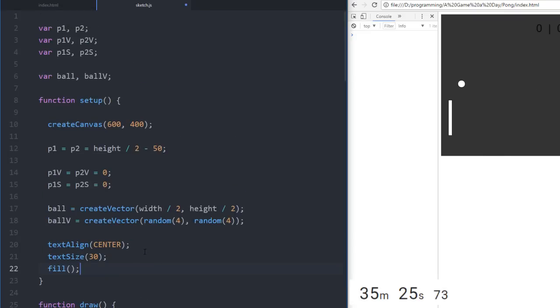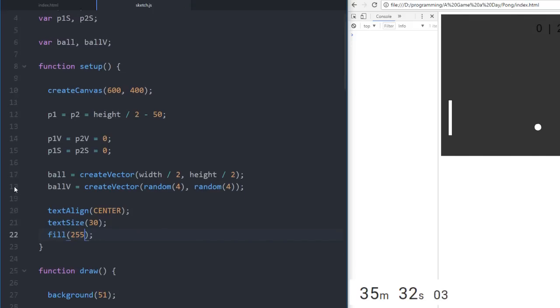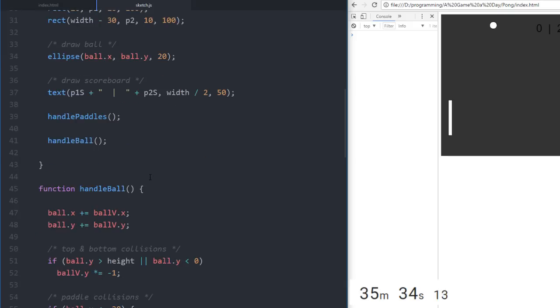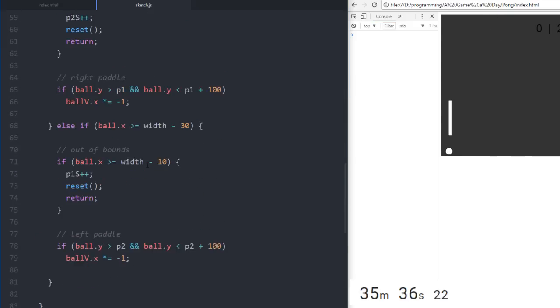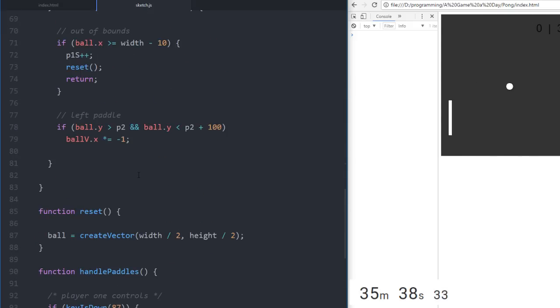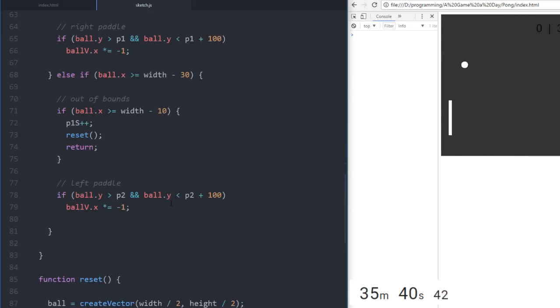Fill. There we go. Okay, so that worked. 255, so that's the color. And what we have lastly is going to be whenever it hits a paddle, it's not only going to create a new vector, it's not only going to reflect, it's also, I think,